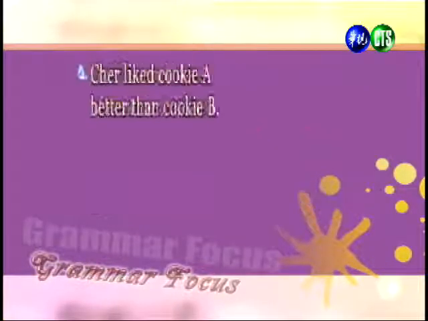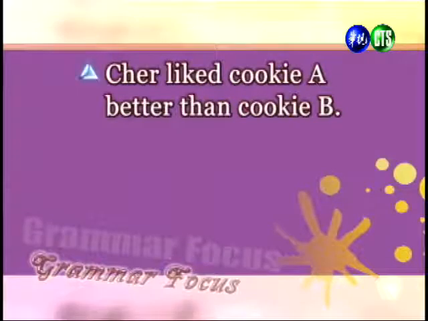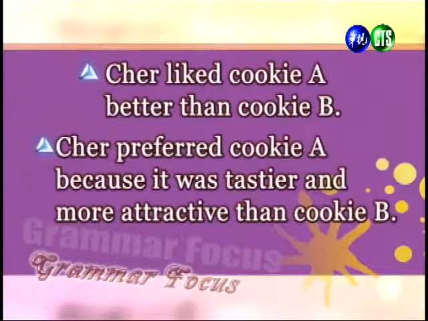So far, we've learned that you can show preferences by writing these sentences. 好，让我们来复习一下目前我们学习到可以用来表达偏好的方式呢，有以下几种。 Cher liked cookie A better than cookie B. 好，第一种说 Cher 喜欢 cookie A 胜过 cookie B。 We can also make a sentence like this one and say Cher preferred cookie A because it was tastier and more attractive than cookie B. 好，另外一种方式呢，我们可以说 Cher 比较喜欢 cookie A，因为它吃起来比较好吃，而且比 cookie B 有吸引力。